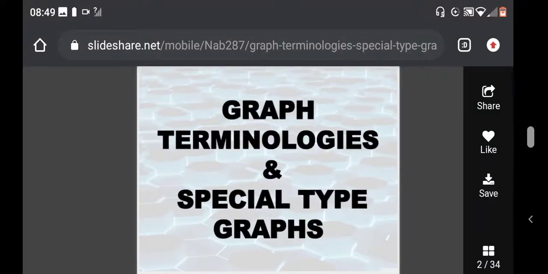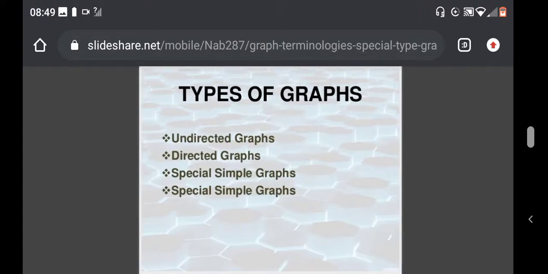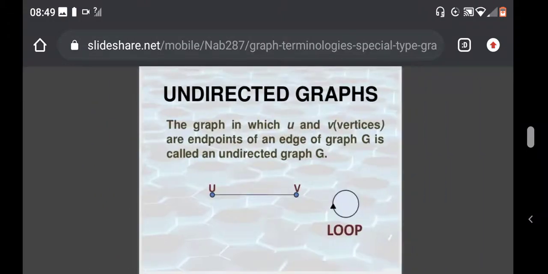We have in DS, or discrete structures, the graph terminologies and special types of graphs. So here are the types of graphs: we have the undirected graphs, directed graphs, and special simple graphs. These are only three types, my correction. Okay. So when you say undirected graphs, these are graphs in